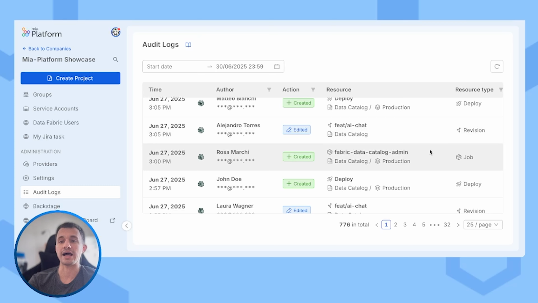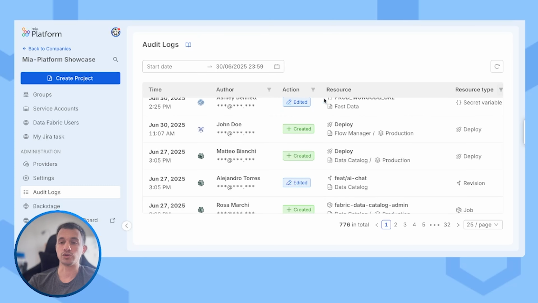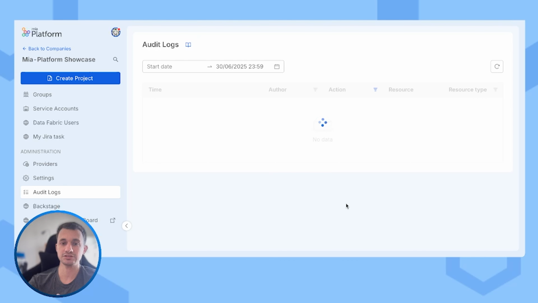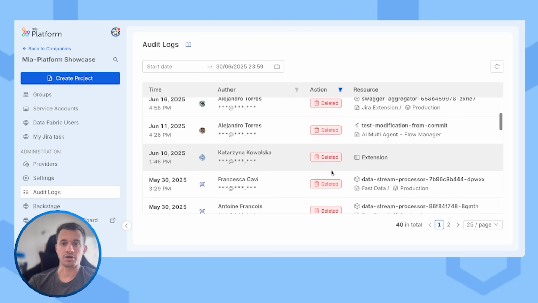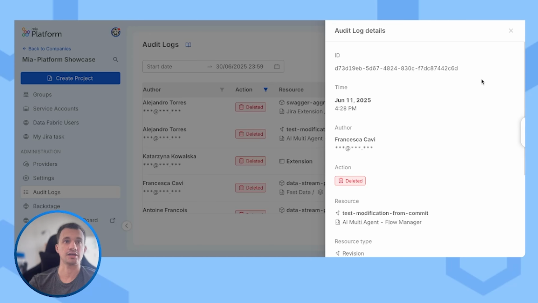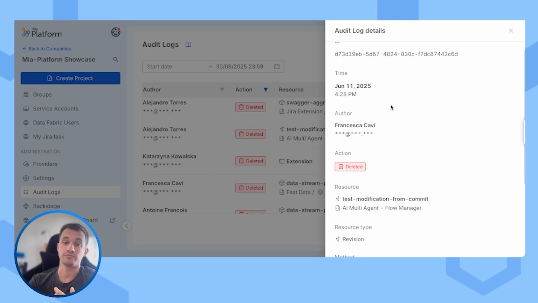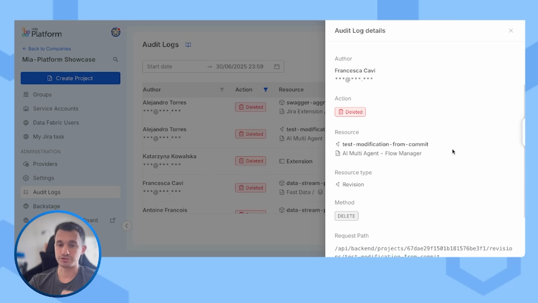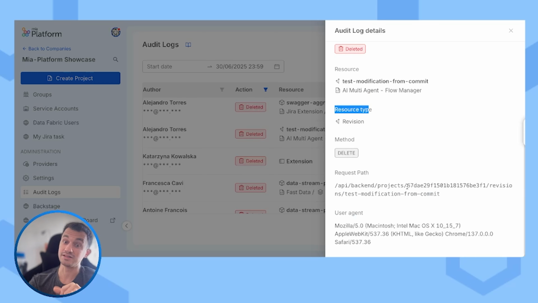And I can also, for example, I want to know just the deleted resources for any reason that I have, and here I have some deleted resources, and I could have also some additional information because here I have a drawer that show me some additional information from, for example, the ID, time, author, action, the resource type, the request path,